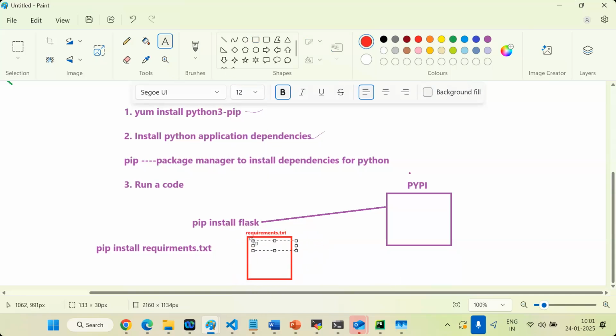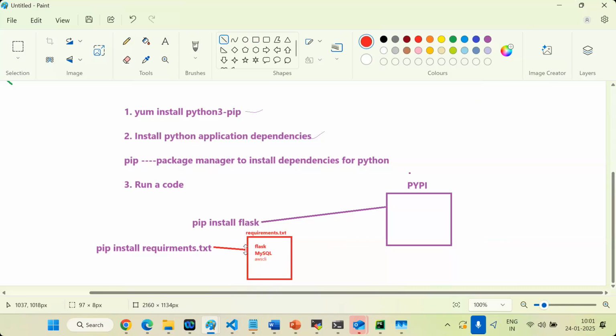Here if I add Flask, MySQL, AWS CLI, whatever, if you like, we can add a list. When you run this, the request will go from here to PyPI, the same process instead of one by one.